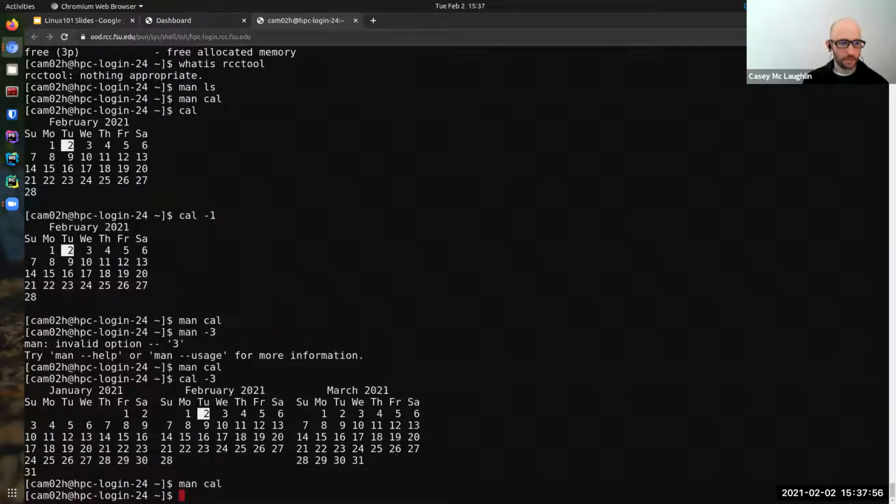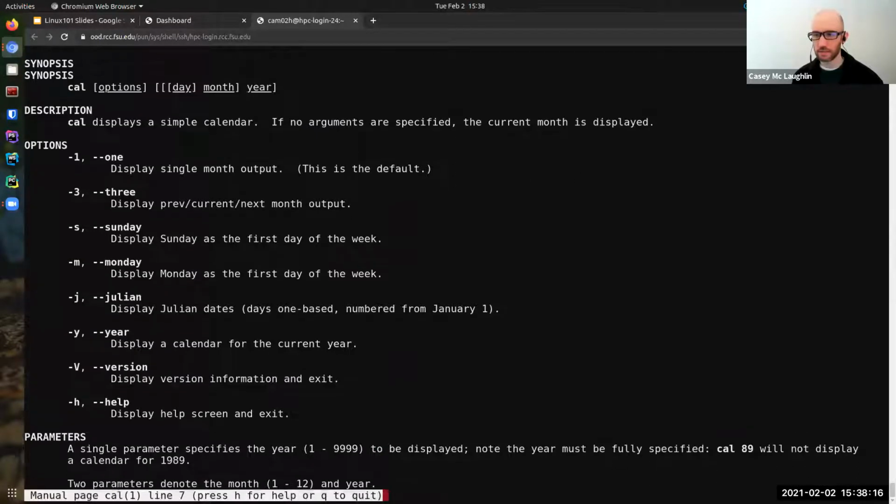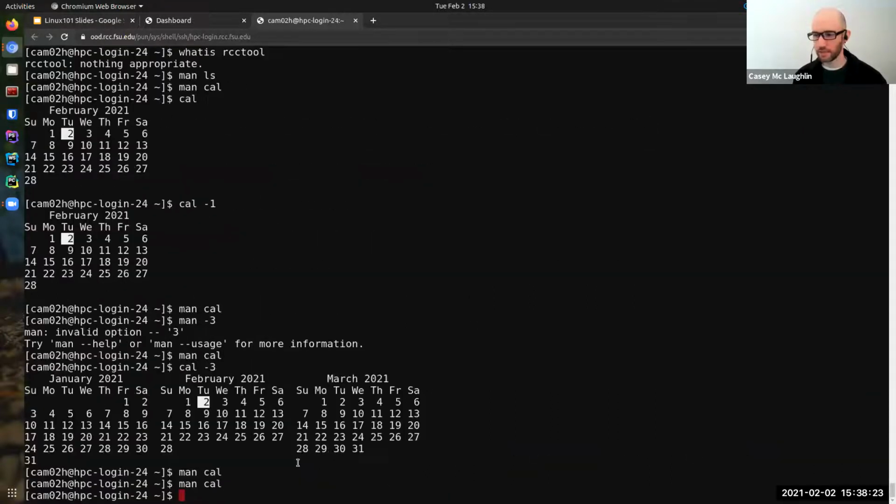Okay, occasionally you'll come across a command that takes no options, but that's fairly rare. There's a whole lot of information in the man pages, which you can navigate with the arrow keys up and down, or you can page through it with the space bar. When you get to the end, it'll just display this message and then quit. Okay, any questions at this point?